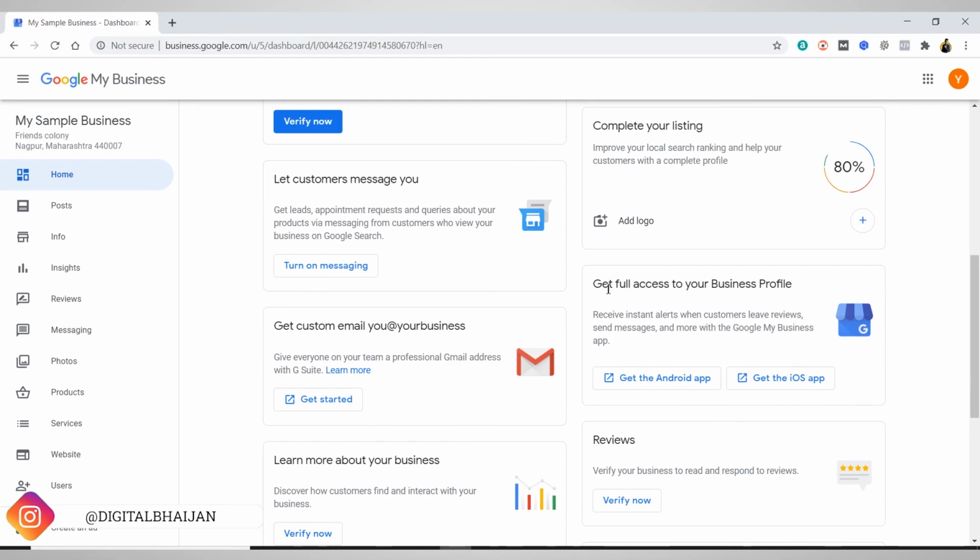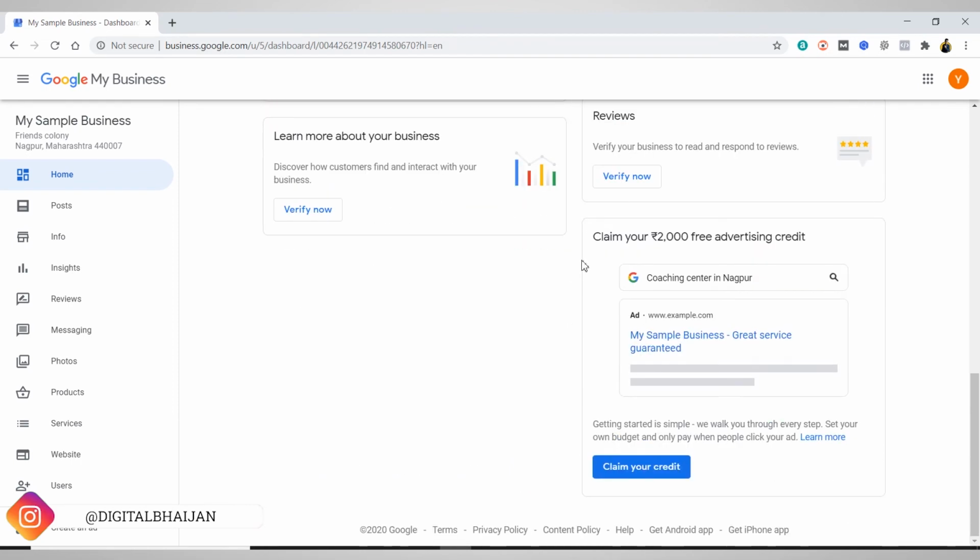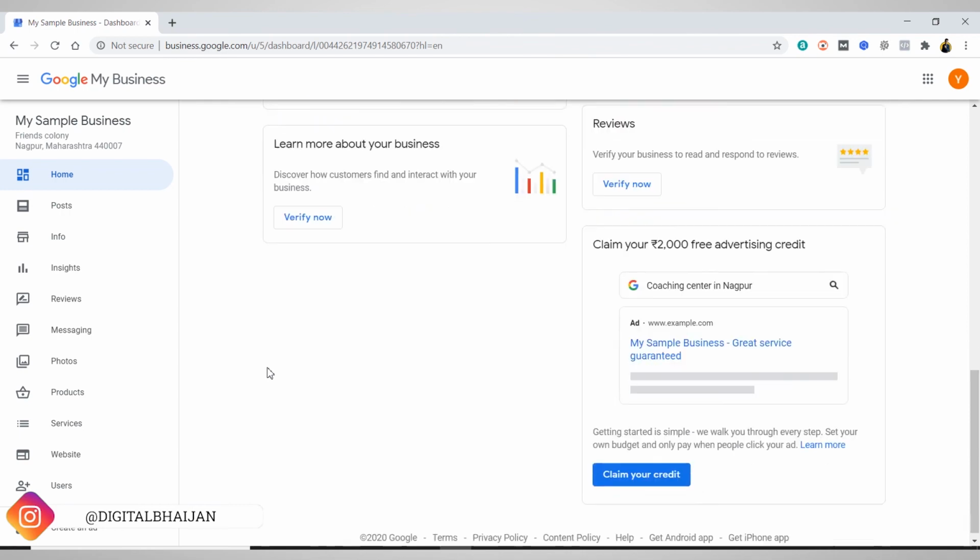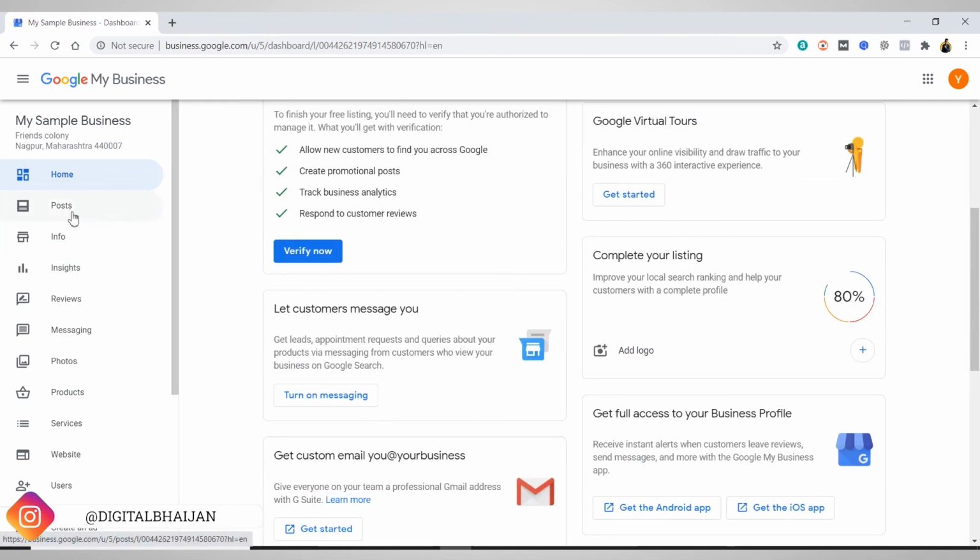One more thing that Google is giving here is claim your 2000 free advertising credit. So you can claim 2000 rupees. When you spend 2000, Google will give you another 2000 rupees to spend on ads. And there are a few tabs: post, info, insight, review, and all these tabs. We will discuss all of these tabs in the next video.